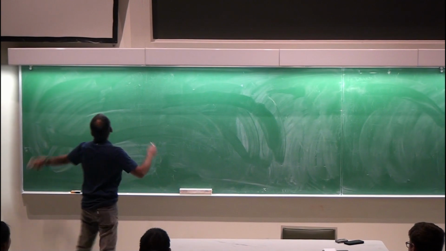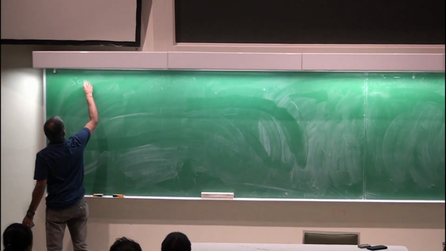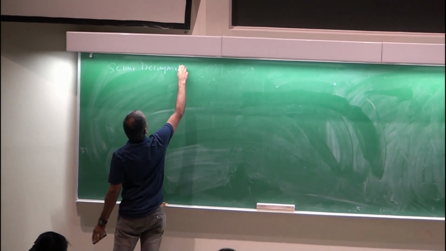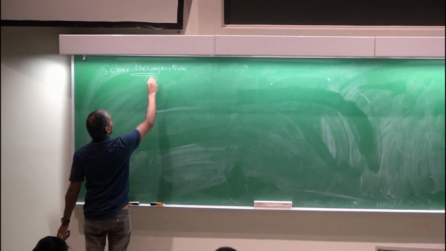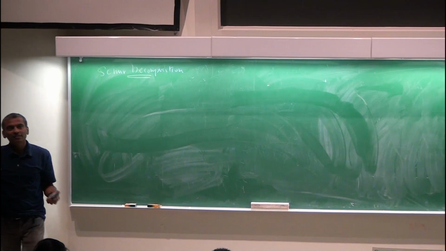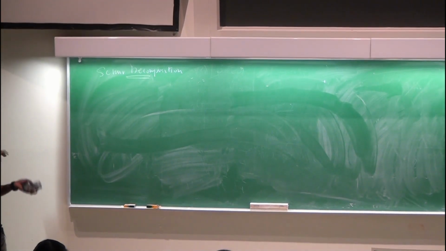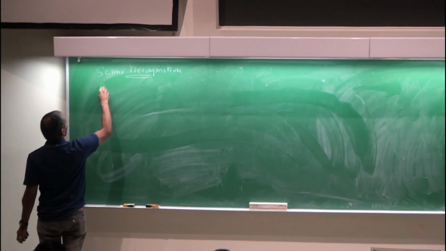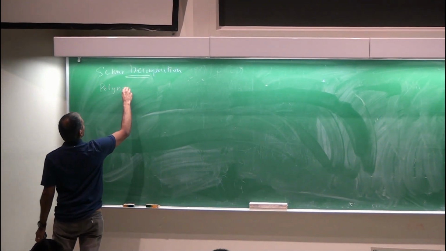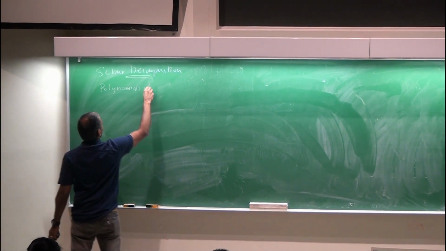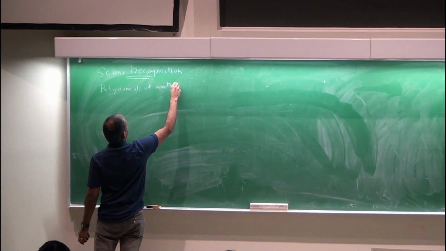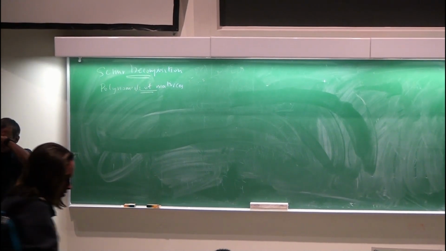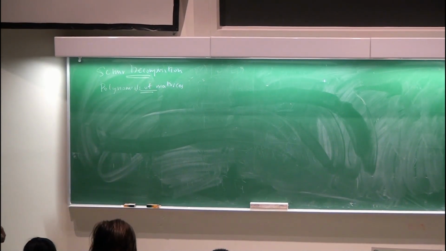Let's try to prove the Schur decomposition, right? And the technique we're going to follow, and the big idea, and this idea is actually not just restricted to this proof, but is very important in all of mathematics, is the notion of working with polynomials of matrices. But when we work with this, we have to do a lot of calculations. I just want to say two things about these calculations first, just so that we know when we see them,